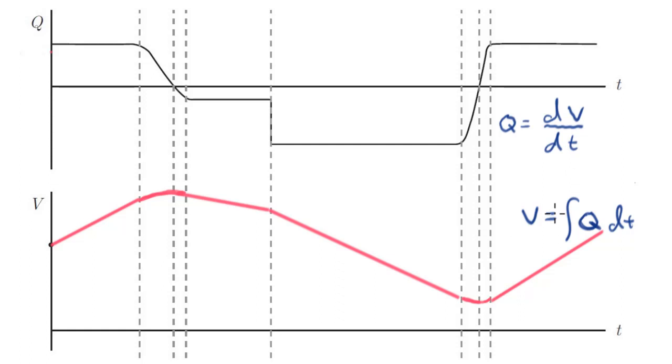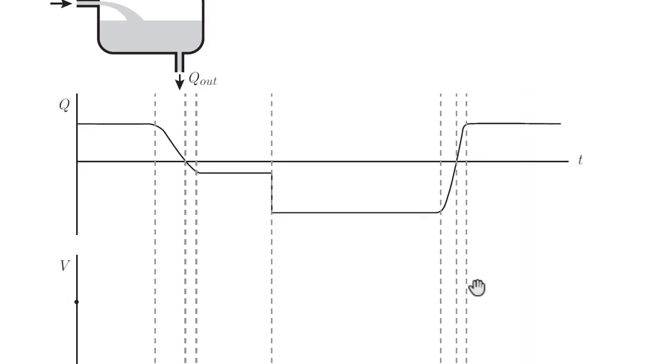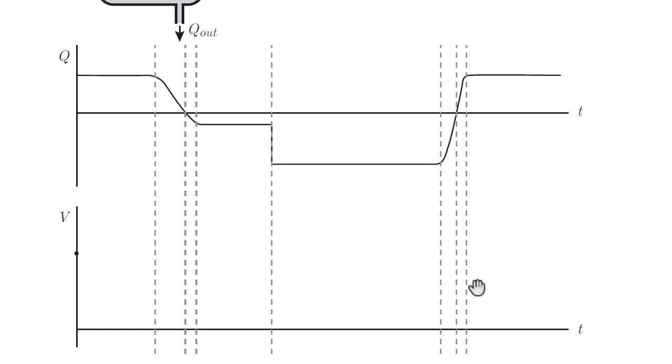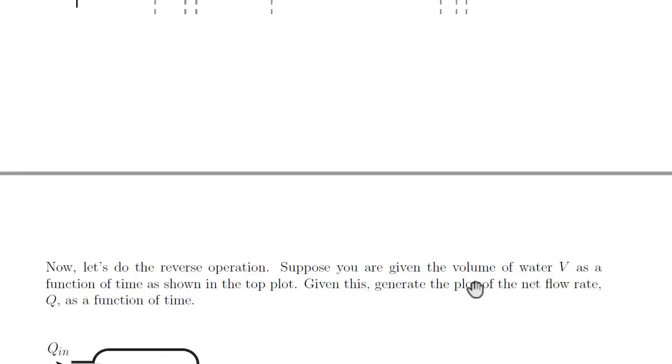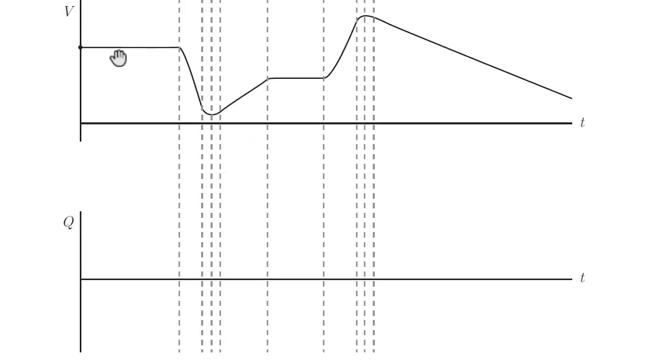And that's where we are at the end of this video. Now that we are pros, though, I'm going to suggest you try another one. Along with this initial problem I gave you, with the plots we just worked out, I also ask you on the second page to work through it the other way. Let's suppose the volume curve is given to you. Can you determine the Q curve? You have to think the opposite way here, but I'm sure you can do it. And I'll save that solution for another time. Over and out.